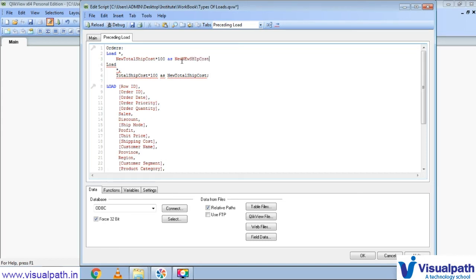Any name you can give for learning purposes, not a problem. The names may not be meaningful here, but I am giving them just to identify whether our purpose is solved or not.